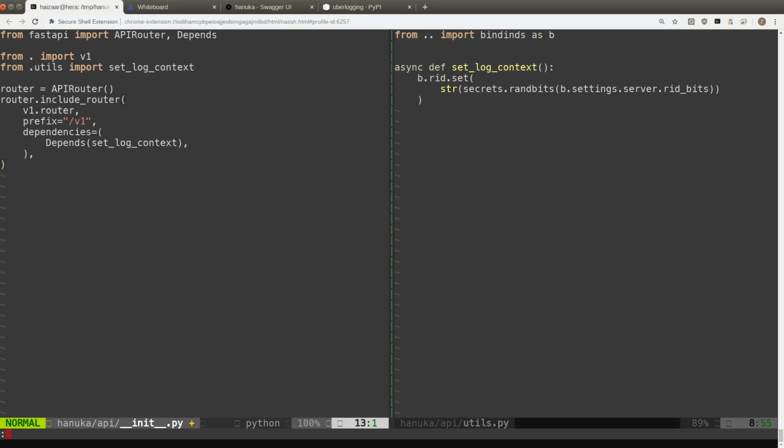Right, and it should do. So what we see here is we're saying, dear FastAPI, whatever you work on as part of handling requests for this particular router under /v1, please make sure to resolve this dependency first. And what this function actually means is just make sure to call this function before you start handling the API,